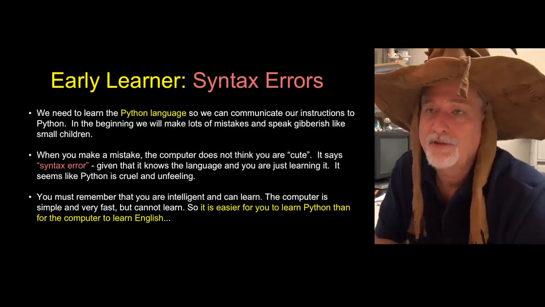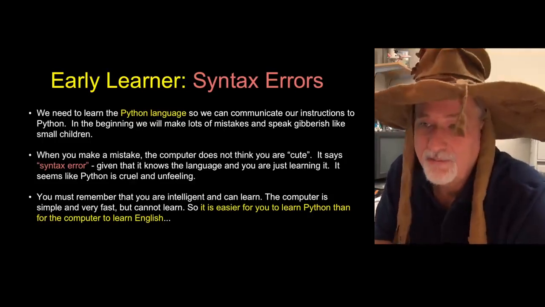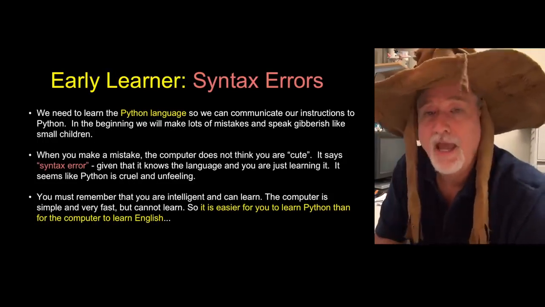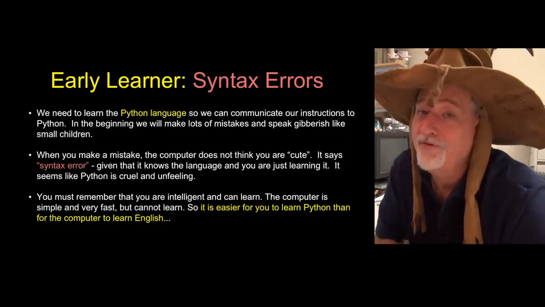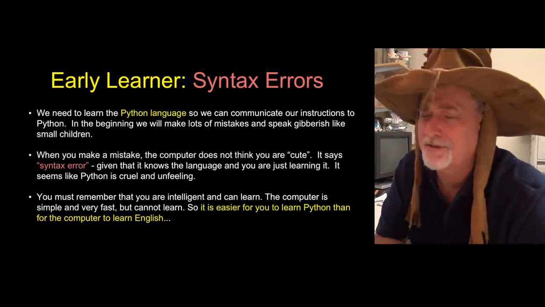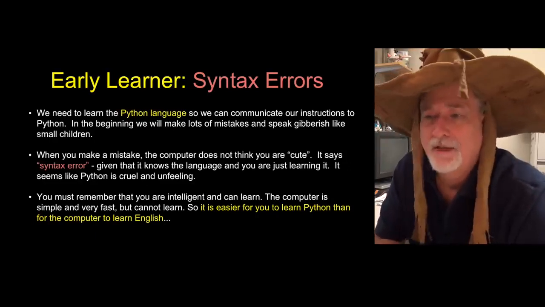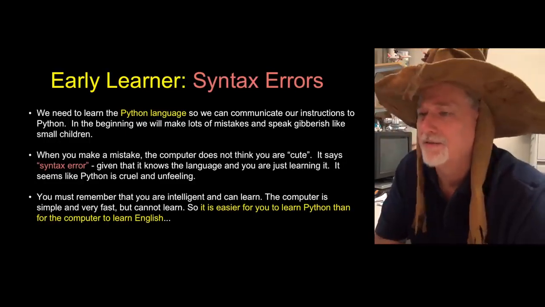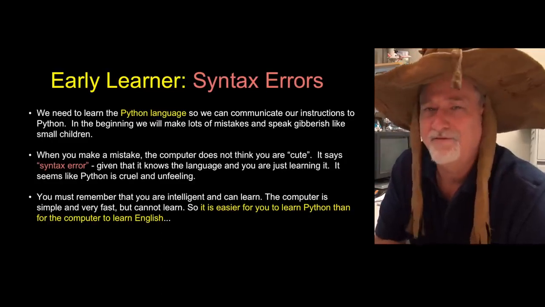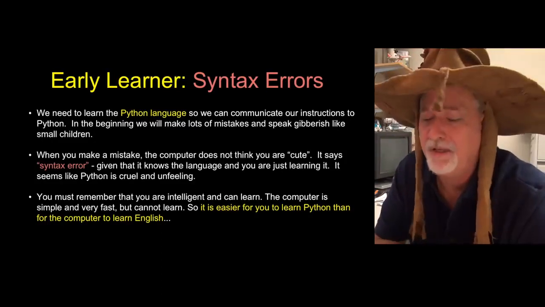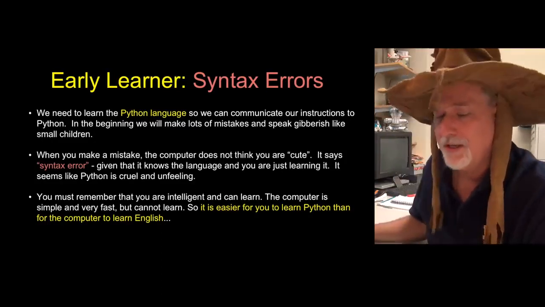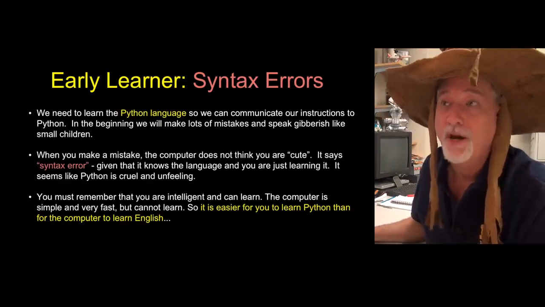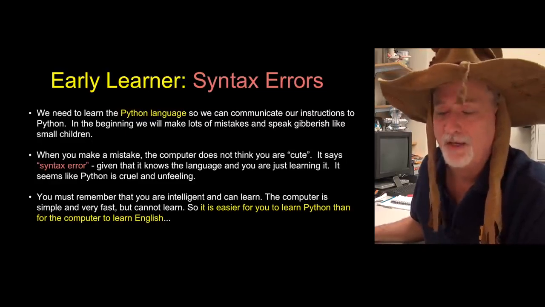And so you got to get used to that. And it's frustrating, but you got to get used to the fact that syntax errors are your friend. Python is saying, hey, I got to line 7 and I was doing fine up to line 7, but boy, in line 7 there's some little thing. I don't know what the word else means in this context, or you didn't indent it, and so I'm kind of confused. What did you mean? Please, please, please help me. You know, it's so much easier for you to learn Python than it is for Python to figure out what you mean when you're writing code.